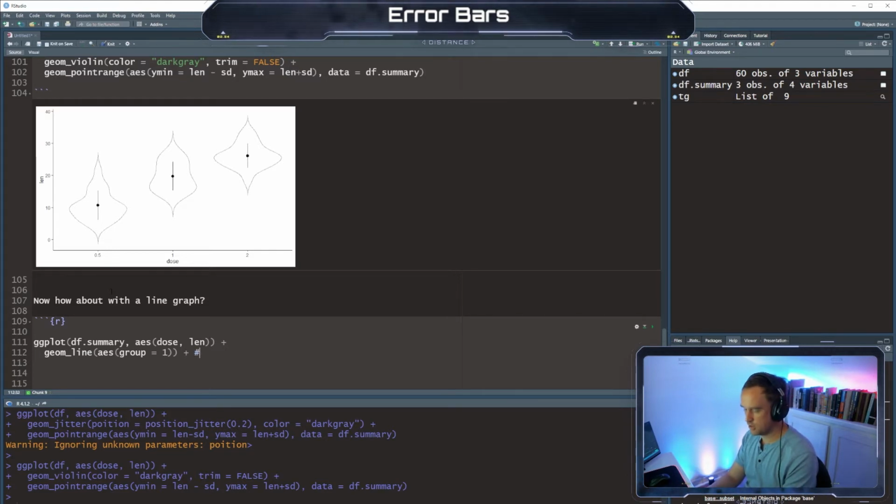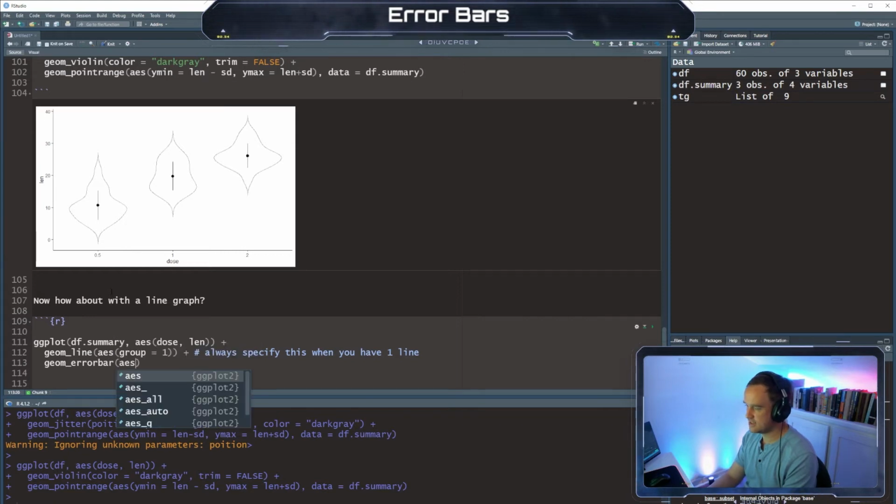And I'm going to put a little note here. Always specify this when you have one line to have one group. Geom error bar, aesthetic